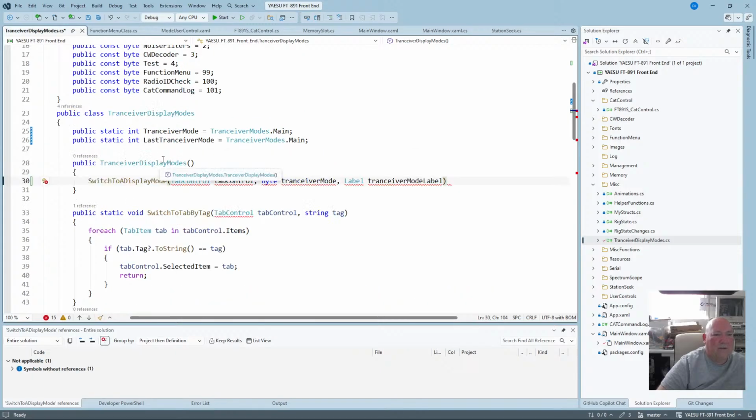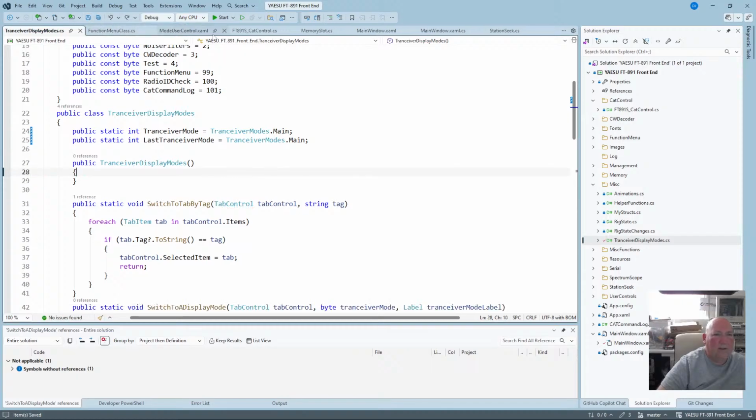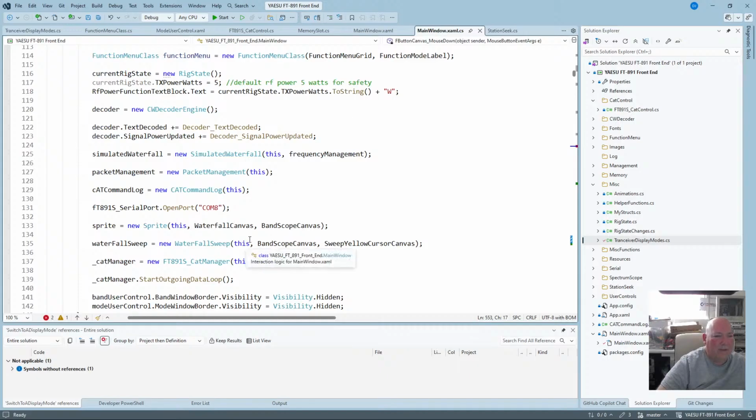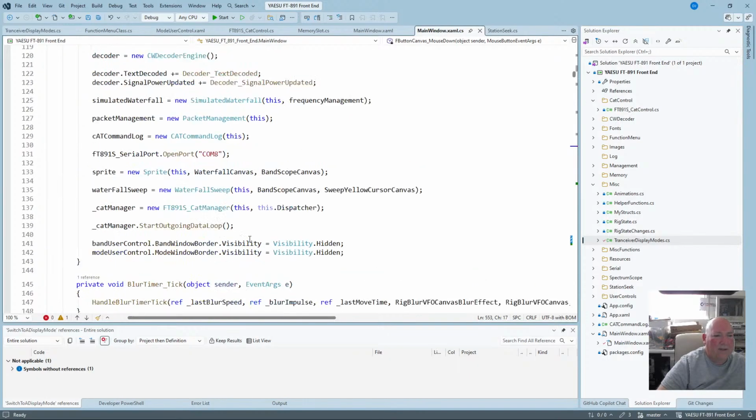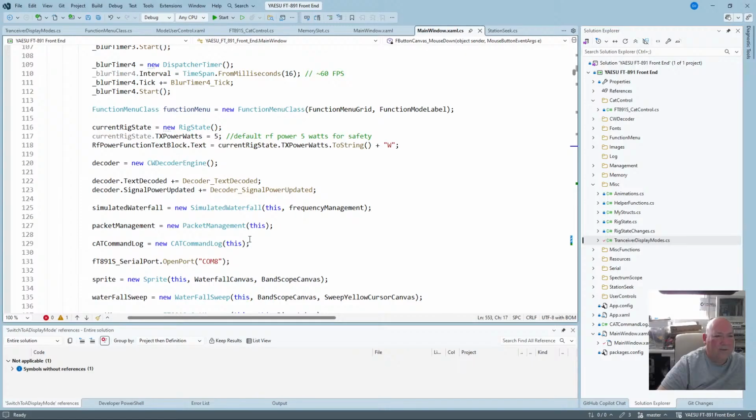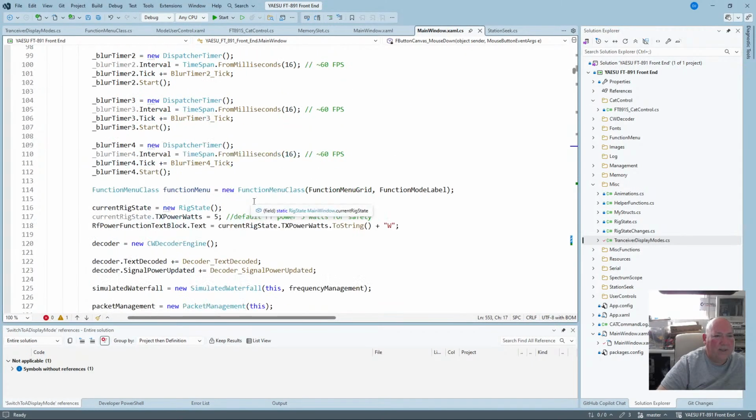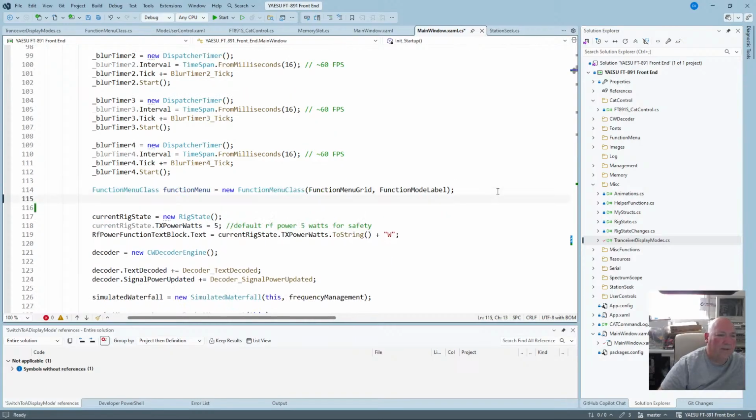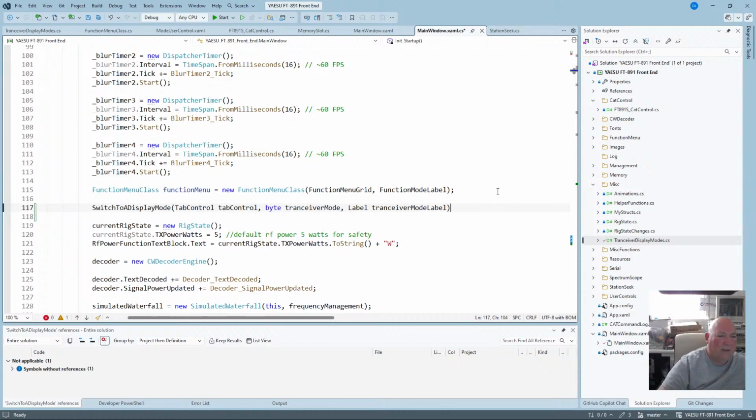We've got no constructor, so no, we can't do it from there. Unless I create a constructor, or I could probably just do it from somewhere around here once I've initialized it. So, yeah, I could. Switch to display mode. You want your tab control. You need the name of that, which is, oh god,